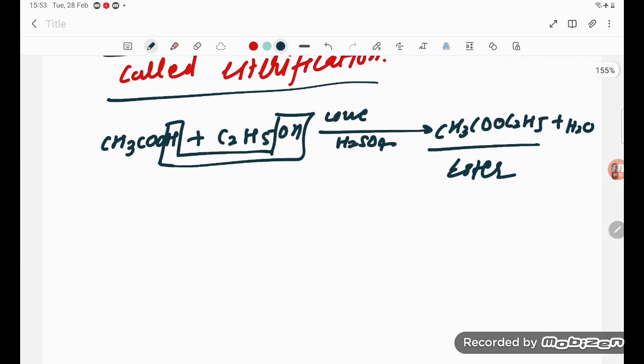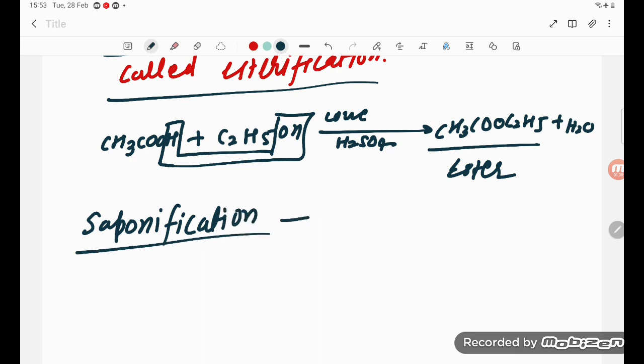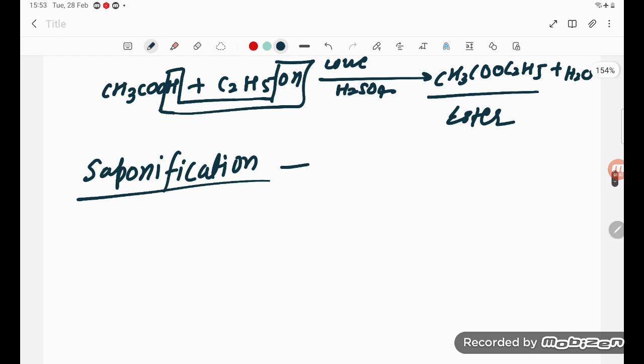Next one is saponification. So student, in a saponification reaction, you are converting ester into the soap molecule. In the saponification reaction, it is the reverse of the esterification reaction. So here we are taking the ester, student,